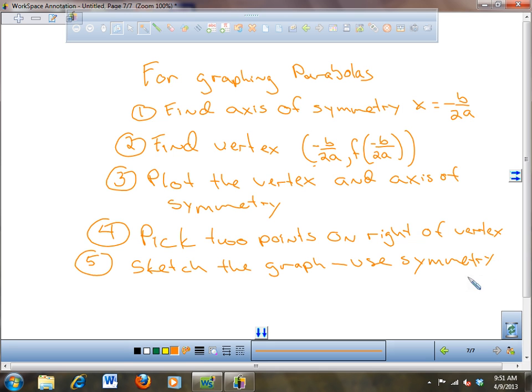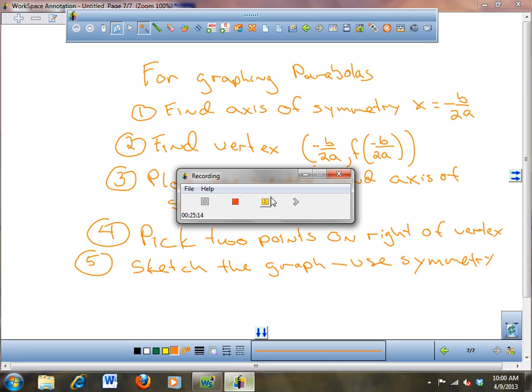If you know a couple points on the right side, then you could use those 2 points on the right side to find the points on the left side without actually having to plug them into the equation. However, if you still need to plug them in, it's okay. Symmetry's just a little quicker and you'll get there. Okay, so we have these two